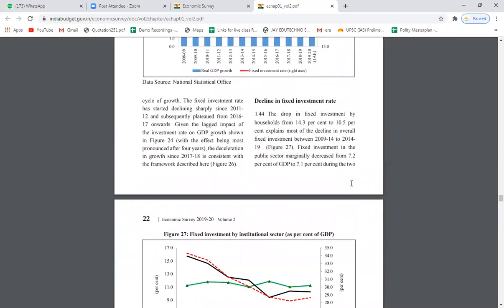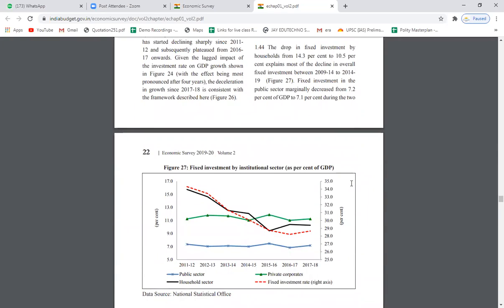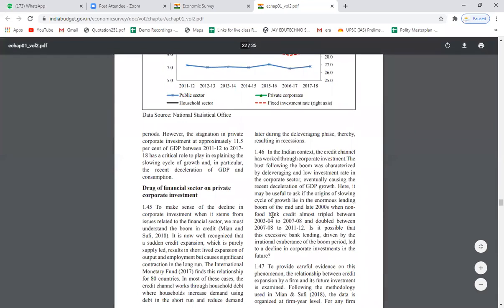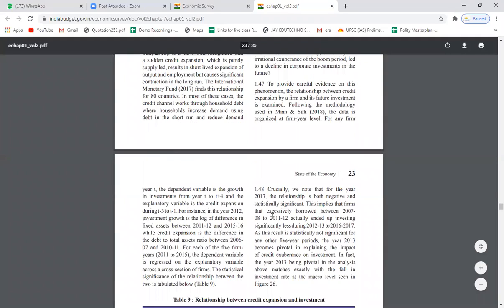So there is a decline in the fixed investment rate. Investment rate कम होता जा रहा है. So actually all these were the details. जब मैंने economic survey का discussion किया था, I don't know how many of you are present or not. Economic लक्षात है क्या रूपाली, सोनाली? When I had the discussions about the economic survey, जब publish हुआ था उसके दूसरे दिन Indian Express में articles आए थे. I don't know how many of you have kept the articles that I put in your current affairs files. But I have already discussed all this data. But यहाँ पर और एक बार दिया हुआ है, you have to read it once again. ठीक है?